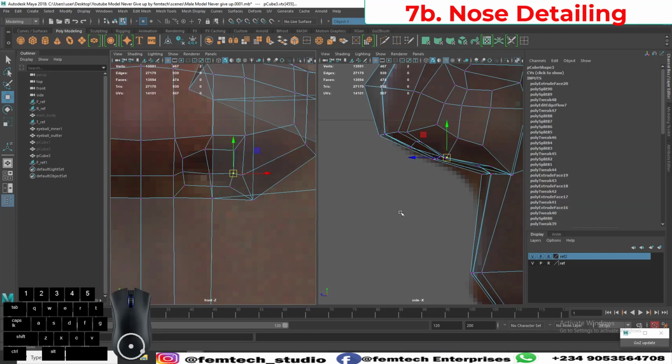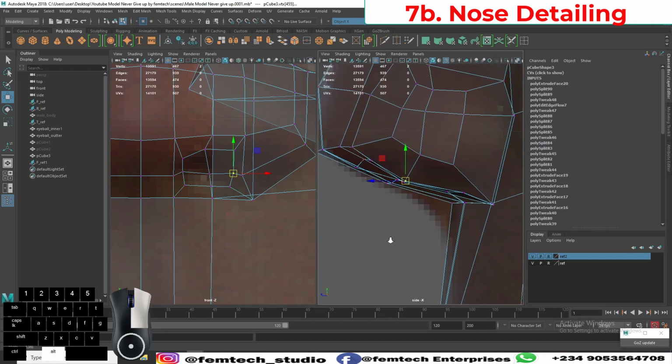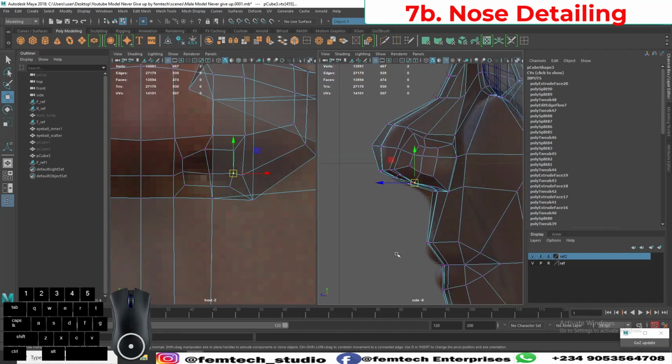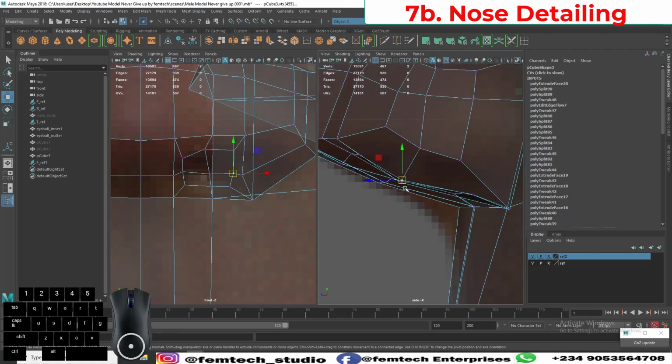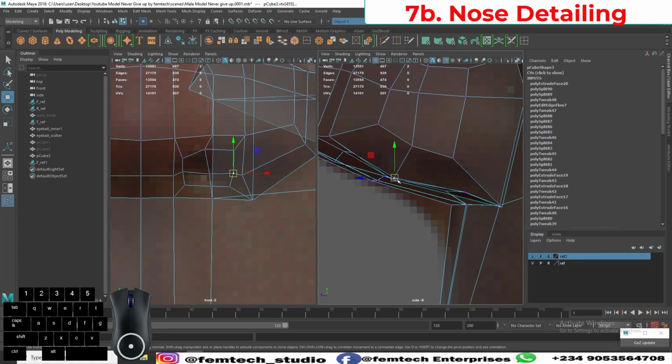That's for the windpipe. Okay, so here it should be somewhere at this place. Here as well. I mean here as well, somewhere here. Okay,